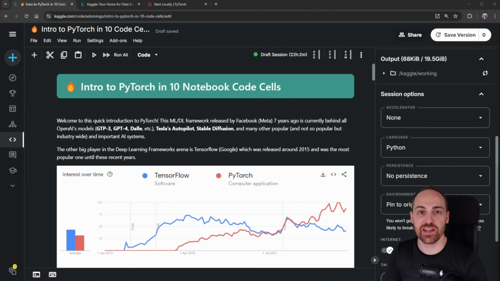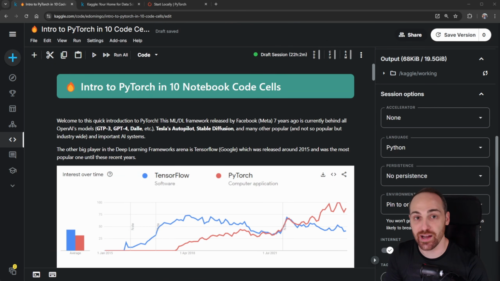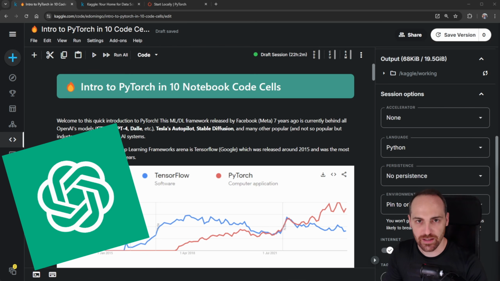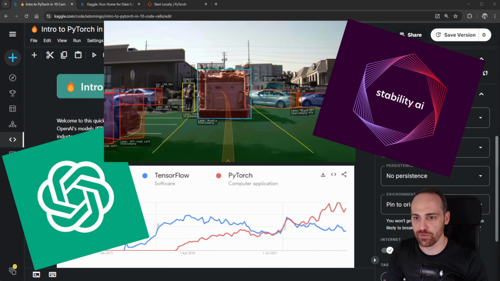Hi, this video will be an introduction to PyTorch, the most popular deep learning framework for Python that Meta, Facebook, created 7 years ago, and it's behind all OpenAI's models like GPT-3, GPT-4, DALL-E, also Tesla's autopilot, for example, and Stable Diffusion, to name a few of the services,